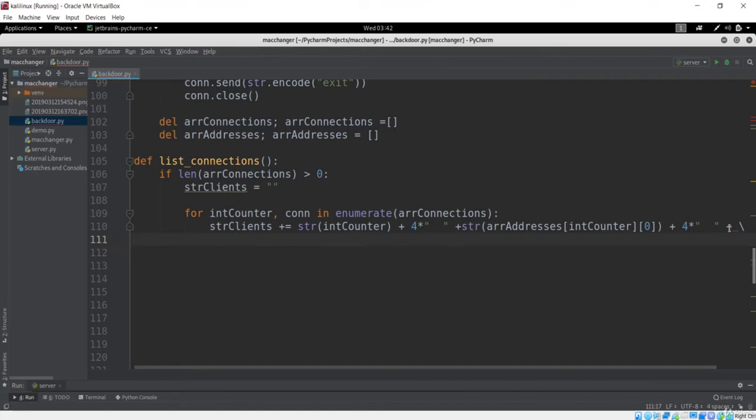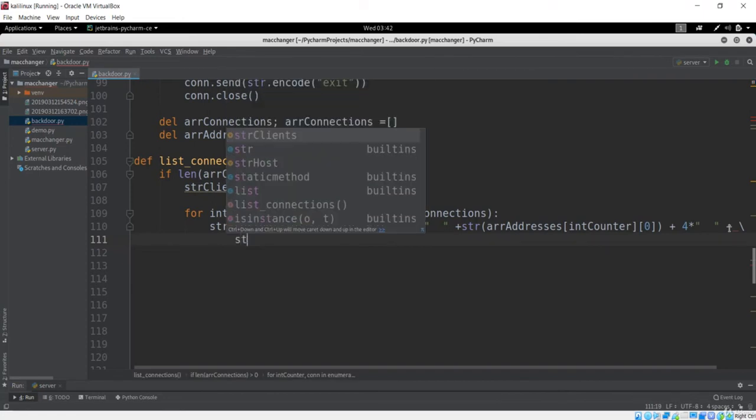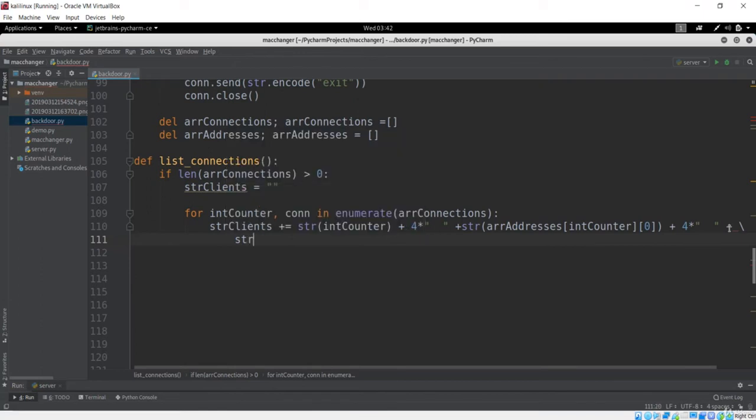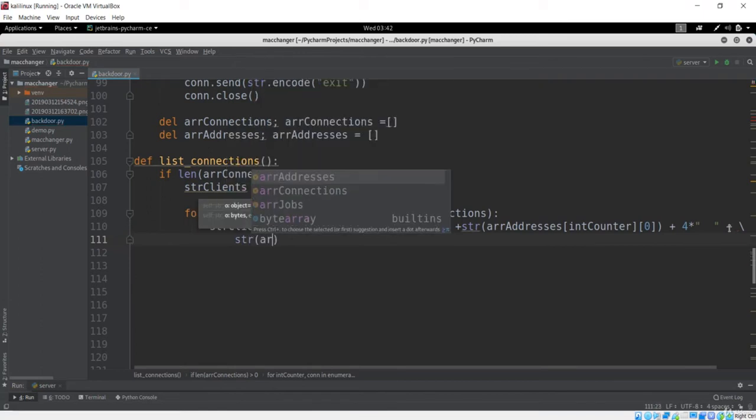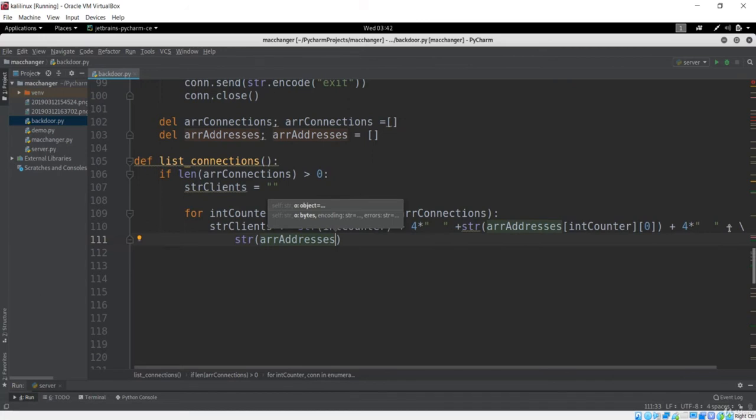So next, I want to get maybe the port name. What if I just want the port name? Then I'll just say again that it should be typecasted to string, and it should be inside this array addresses. And the next thing I want to get is